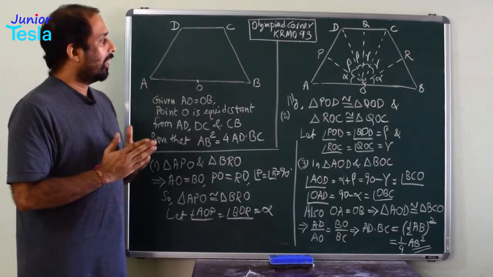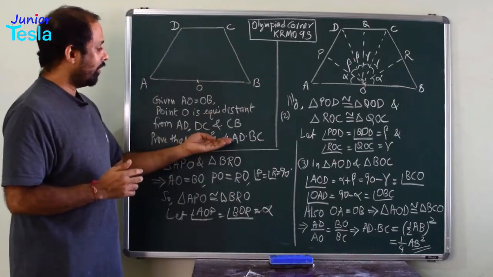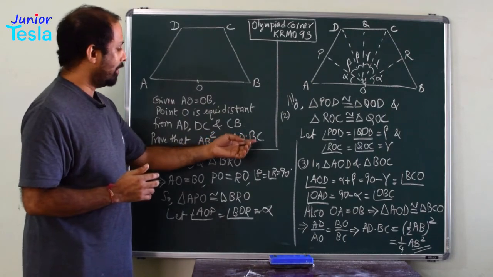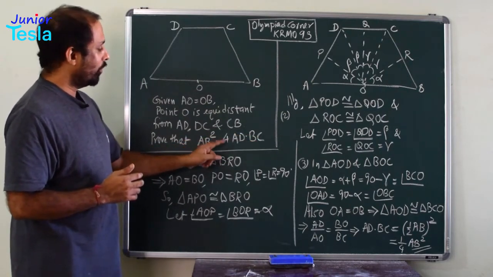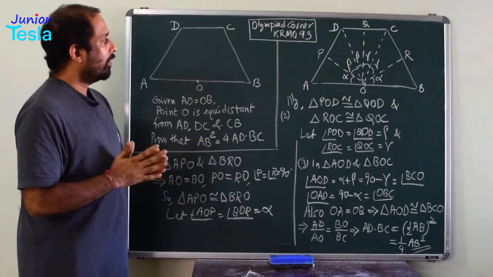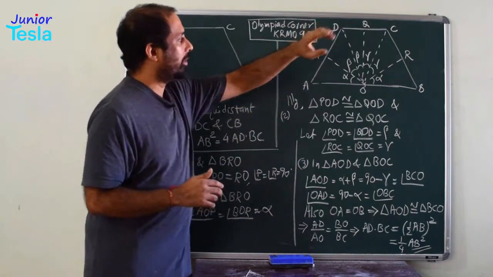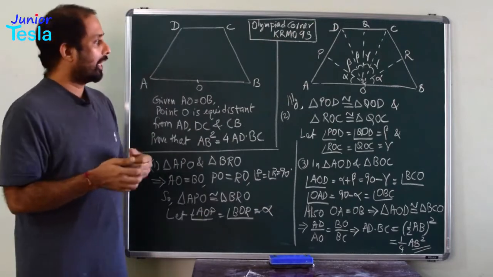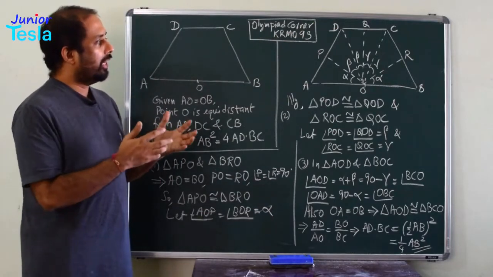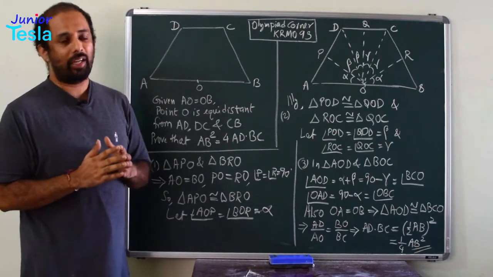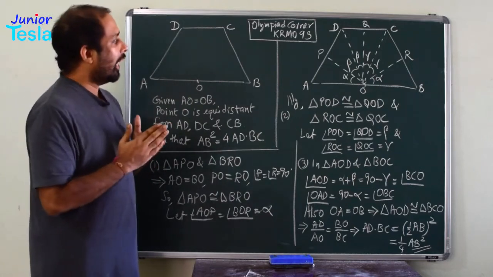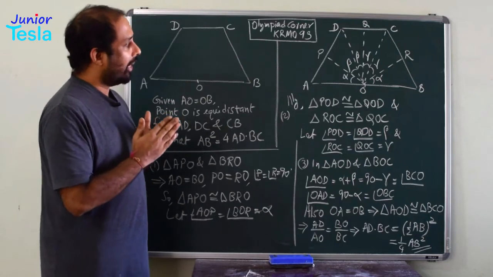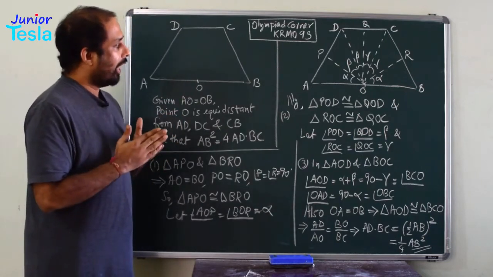Now, you have to prove AD into BC is equal to 1 by 4 times AB square, or AB square is equal to 4 times AD into BC. So, somehow I have to get AD and BC. So, let me take a bigger triangle, triangle AOD and triangle BOC, and let us see what happens. AOD and BOC. In triangle AOD, angle